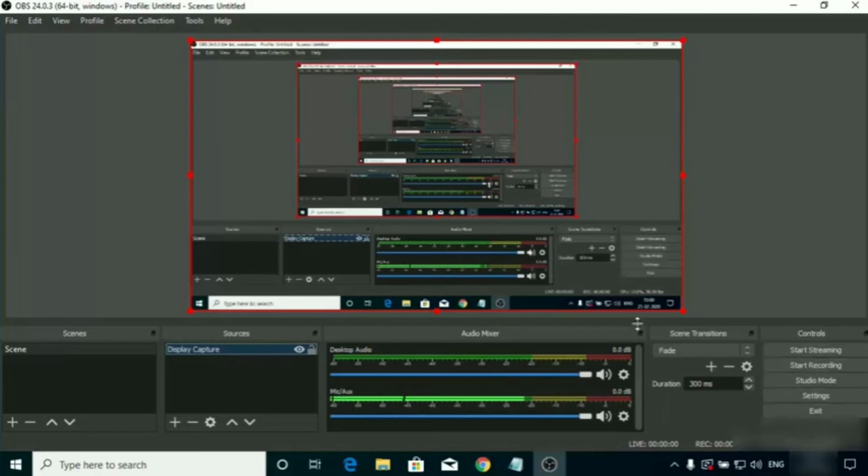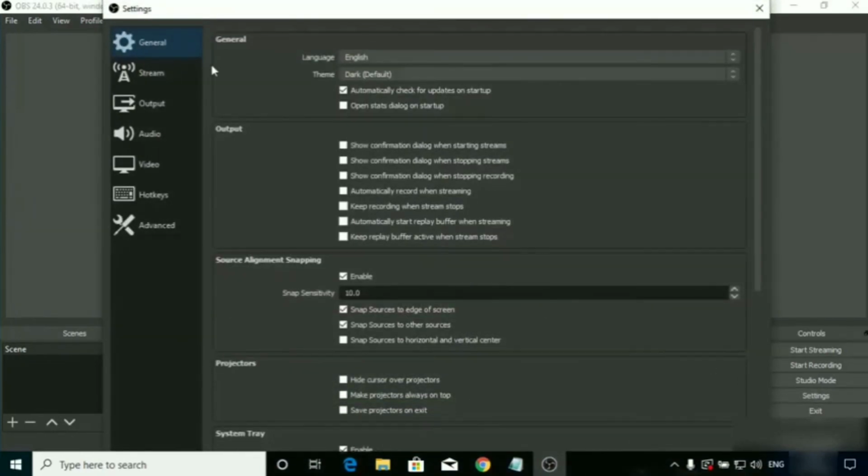Okay, so now we are going to change the settings. Clicking on settings, we get General. In general, we can change the language and theme. By default it is given correctly, so I'm not going to change that. After that,